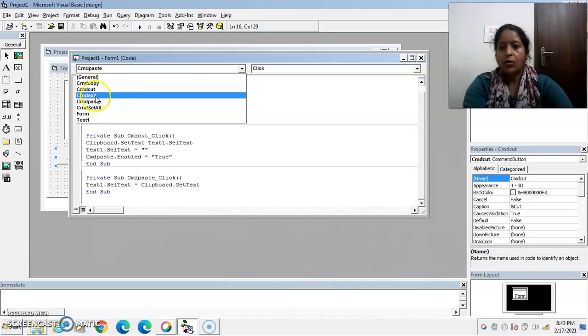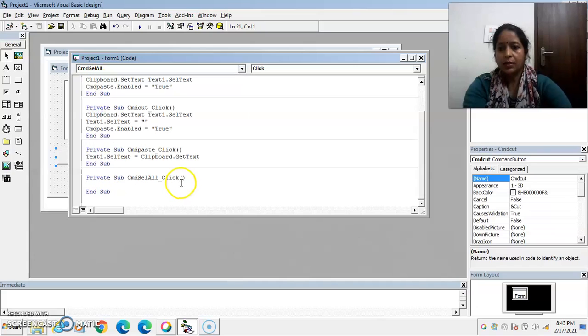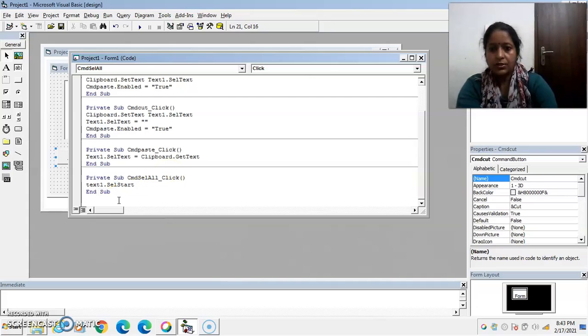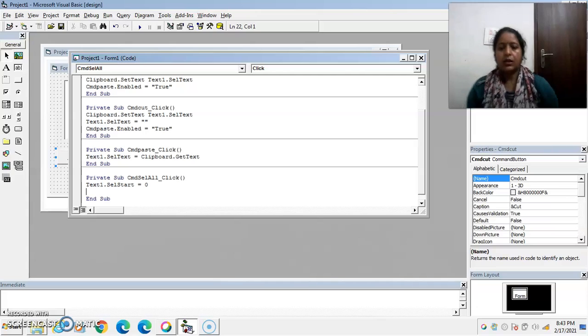Now write down the coding for select all. Now selection starts from the starting position. So SelStart, we write down the function here. Selection starts from 0 to the length of the text selected.